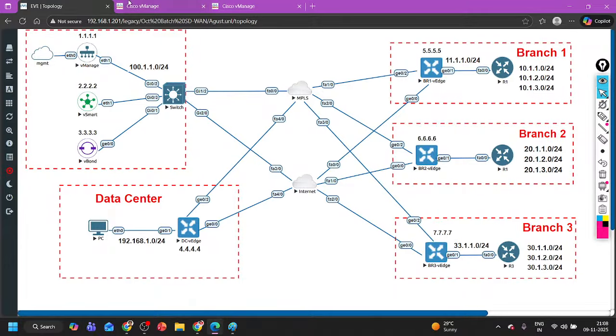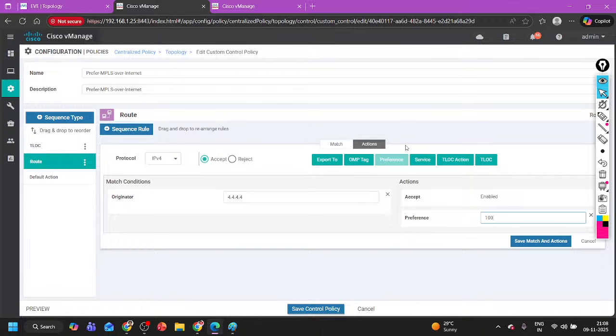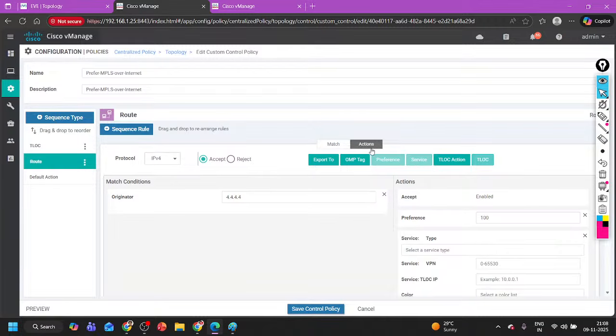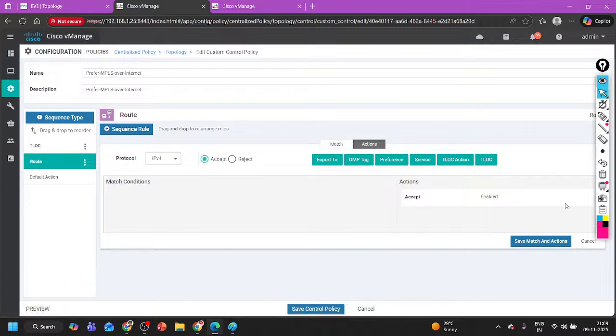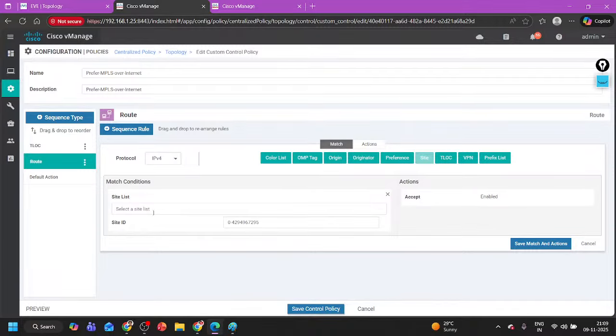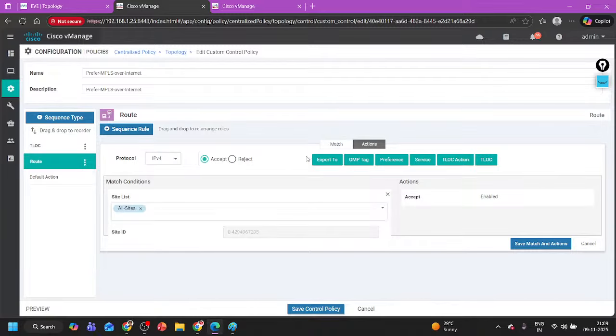Okay. So other options: here one is preference. Preference is nothing but the system IP. You can match the originator ID. You can match the preference value, site ID. Okay, based on site ID, can I do something to prefer MPLS over internet? Site, all the site, accept, and then